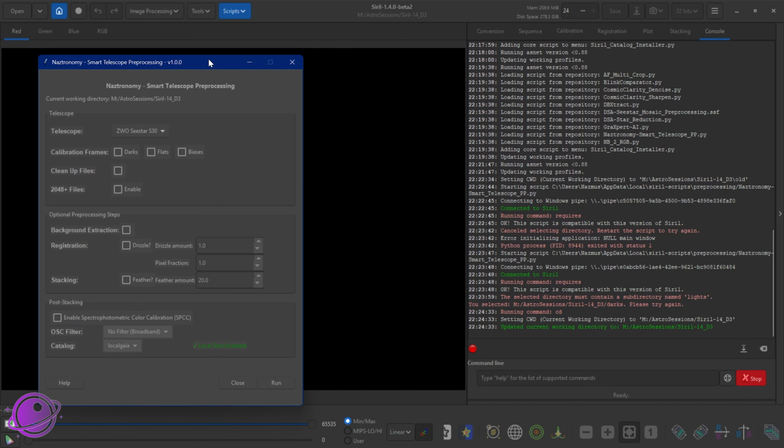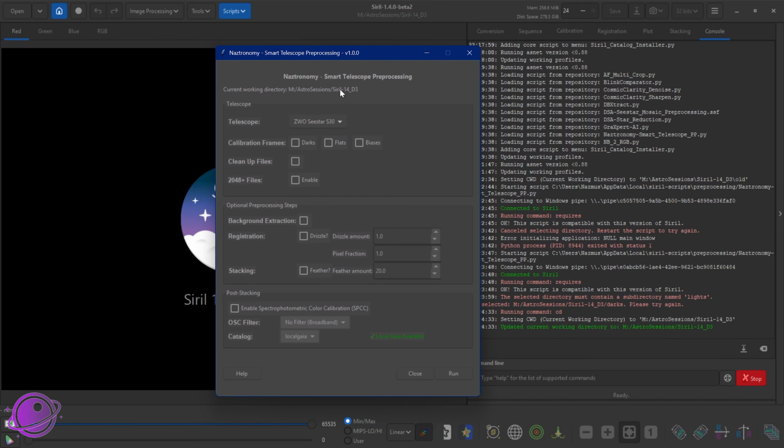It switches to the parent directory, and it's also reflected in the script here, and you see the UI loaded. So those are some beginner-friendly enhancements that we made to make sure that when you're selecting the directory, you're in the right location. So you'll notice that the UI has also changed. This is adhering to Siril's design guidelines, so we're just matching their styles, and otherwise most of the options